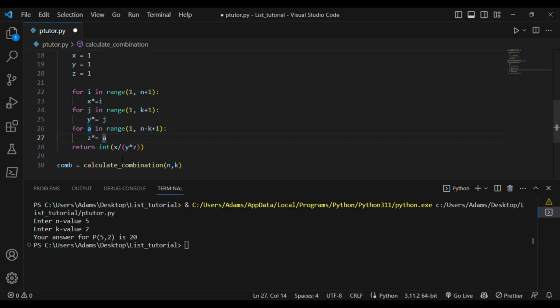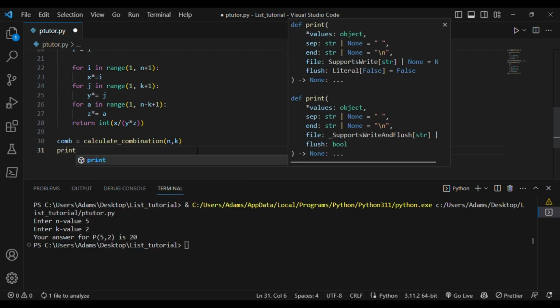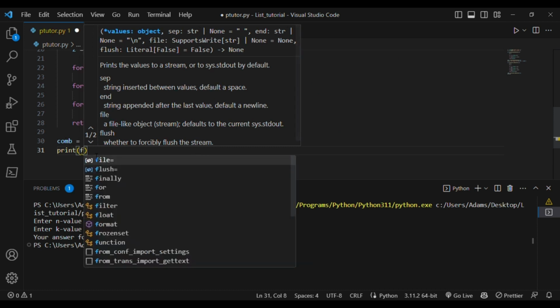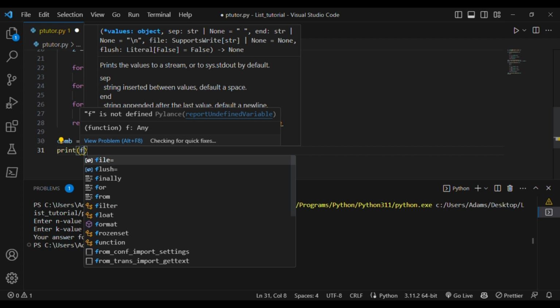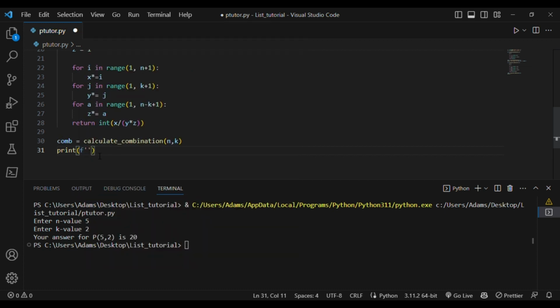So passing the value of n comma k, and I say now to print it. I'm also using the f string. The f string allows me to put variables directly into a string instead of using the plus sign to concatenate variables and string together. So now I'll say your answer